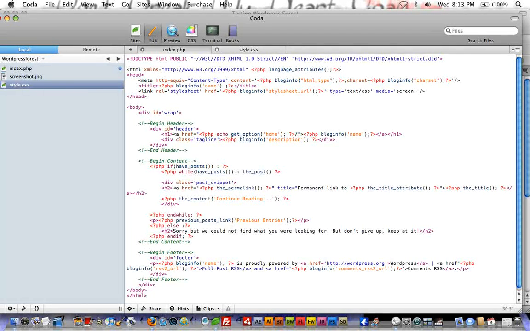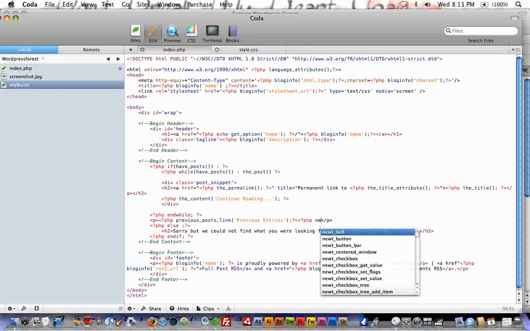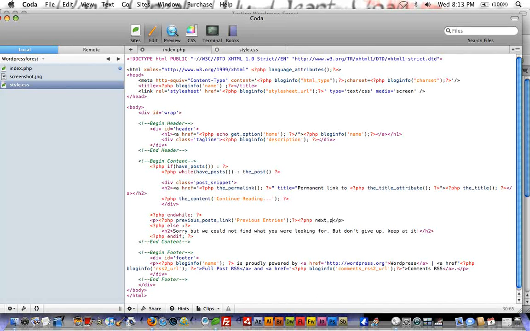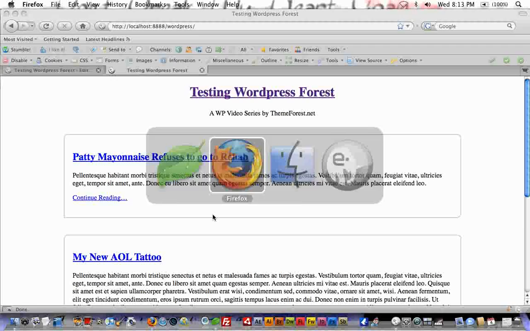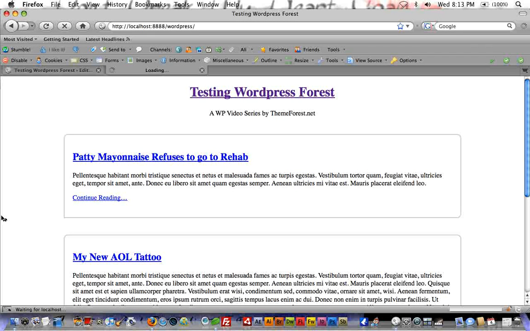Just something real generic for now. And then right after that, just to demonstrate this, we'll do the same thing, but next posts link. Again, we'll pass it the parameters of older entries. And that will be it. So we'll save it, and it